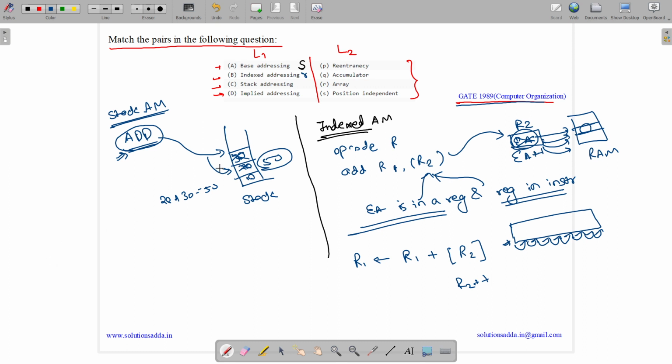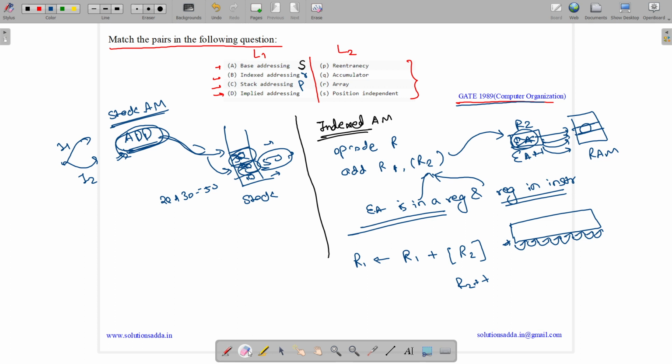And why is it useful? Let us suppose it is used for re-entrancy, which means that if we run the same program again, for instance a second time, then the addresses will be different. The operations will be performed at different addresses. A stack may have the same content, but those addresses will be different. Thus, it is mapped to re-entrancy, which means that at each iteration the address would be different.